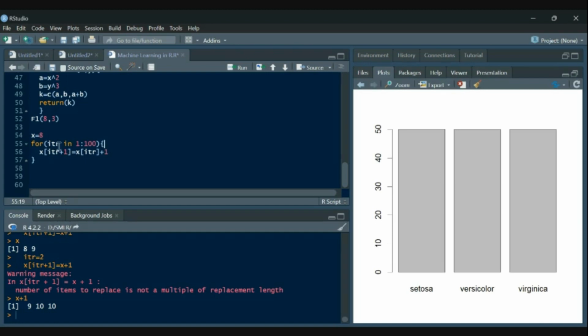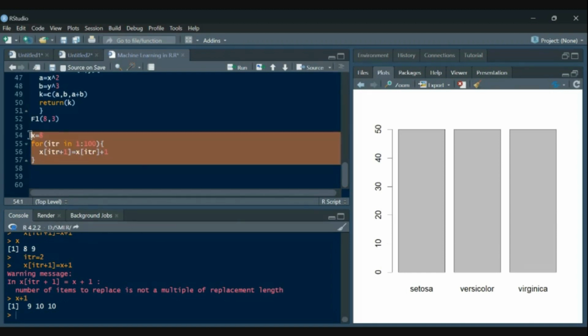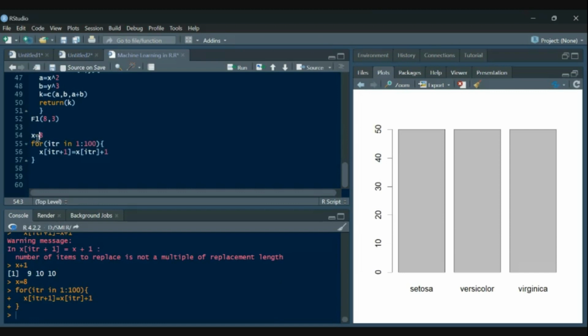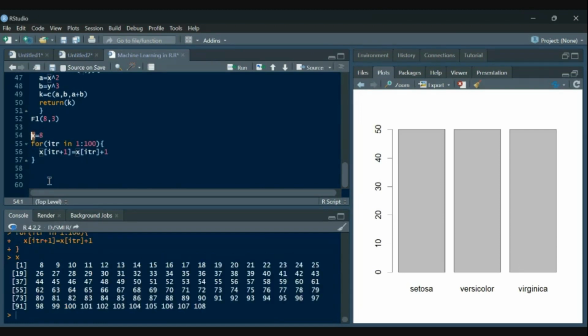When ITR is 1, then X[2] will be X[1] plus 1, that is 8 plus 1. When ITR is 2, 2 plus 1 is 3, X[3] will be X[2] plus 1. Now X[2] is 9, 9 plus 1 is 10. So it should give me the results. Let's see whether it is giving me the result or not. So 8, 9, 10, 11 up to 108. Am I clear?